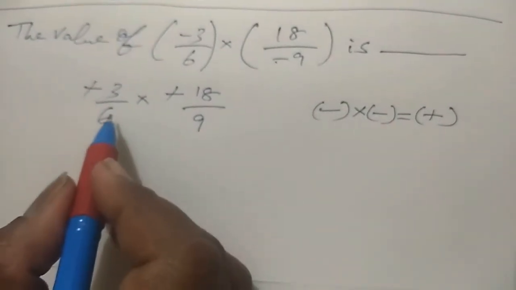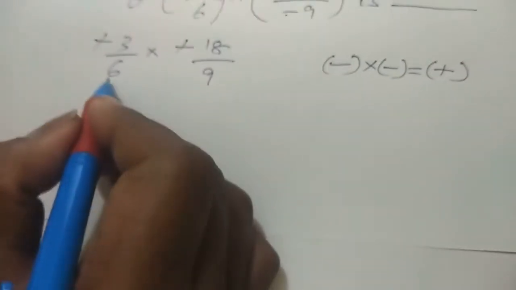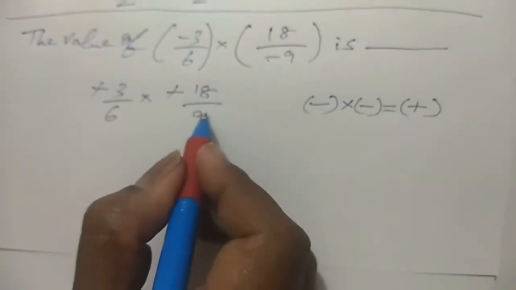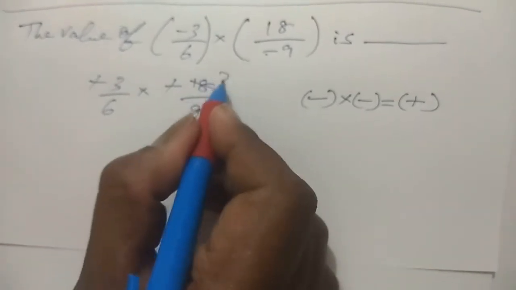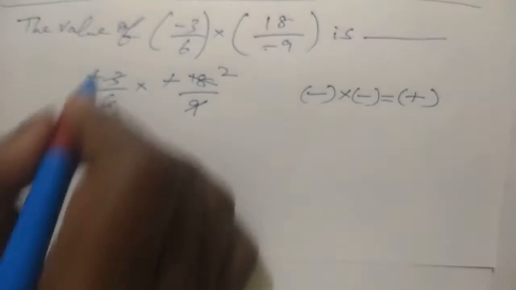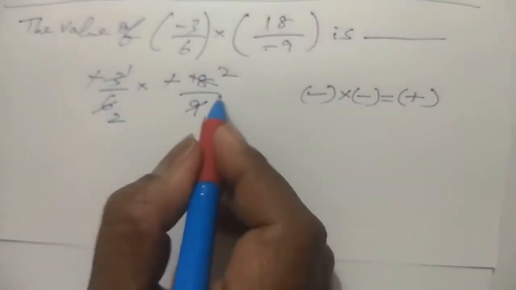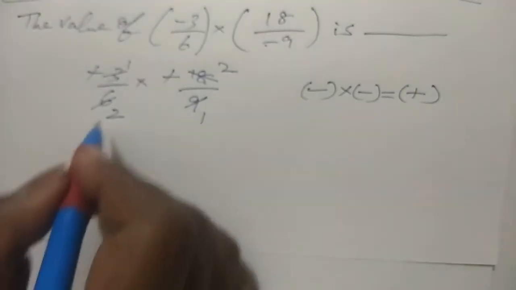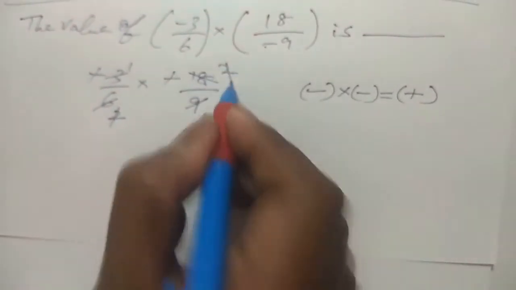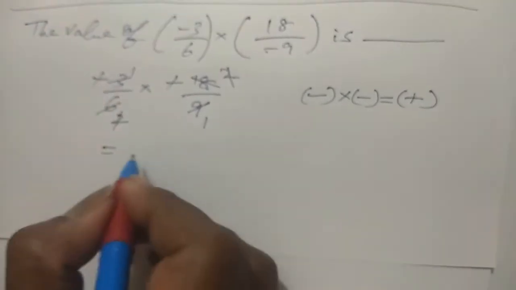So we go to the next one, we cancel now. What are the numbers here inside? Can I cancel here? 9 2s are 18, 3 2s are 6, 3 1s are 3, 3 2s are 6, 9 1s are 9, 9 2s are 18. So here I can cancel 2 and 2, so everything is cancelled here inside, and the answer will be 1.